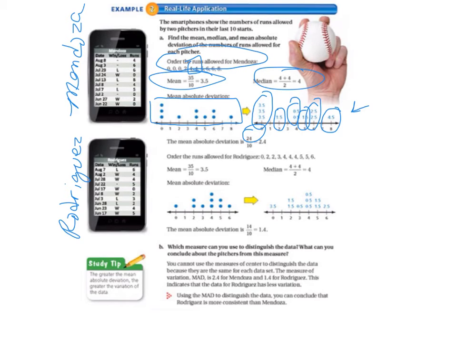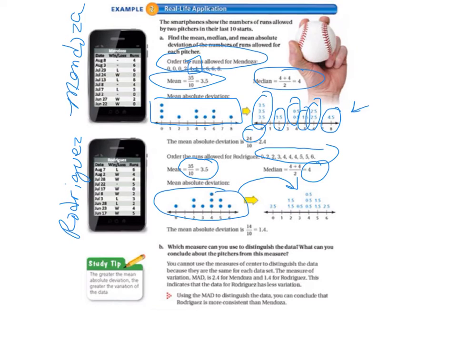And then you repeat the same process with Rodriguez. You put the numbers in order so you can get your median, which is also 4, and you figure out your mean, so you add them all up and you divide by 10, and it's also 3.5. You do your dot plot, you replace the dots with their distance away from the mean,